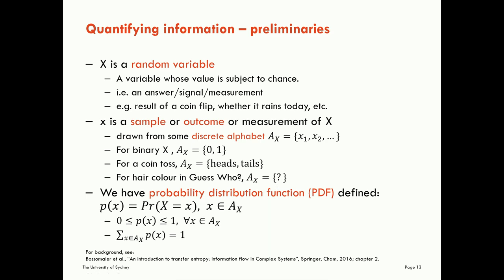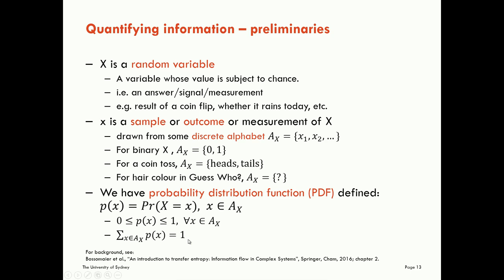Now importantly, we have a well-defined probability distribution function over this outcome space, and we represent that by P of realization little x, which represents the probability that a random variable takes this specific value. And this is defined for all the realizations in our realization space. Obviously, each realization has a probability on the interval 0 to 1 inclusive, and when we sum the probability values up for each realization, they have to normalize